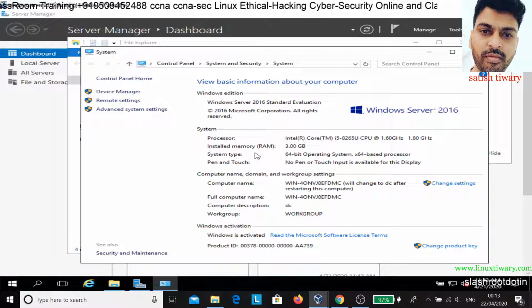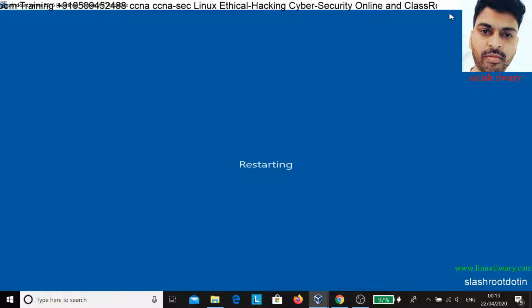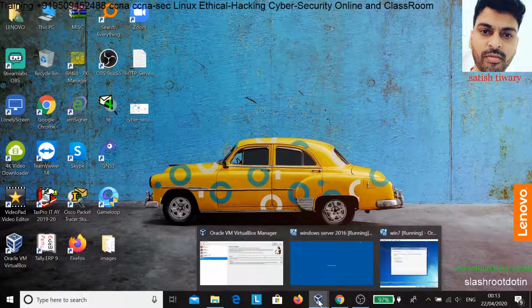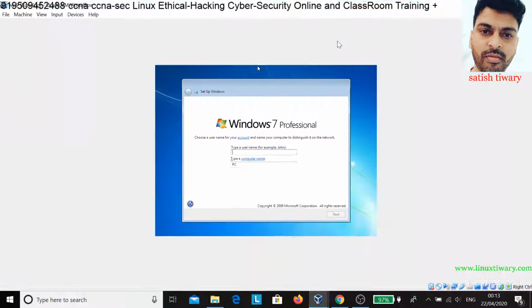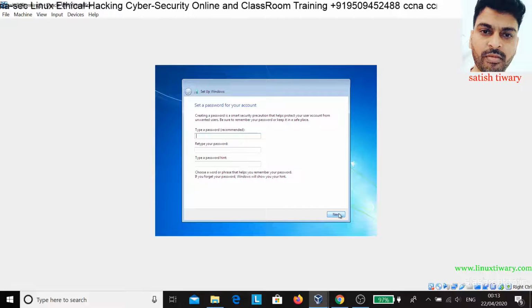Once the system reboots, the change in name which I made will be there. Now go to this Windows client. You can see Windows 7 has been installed. It's asking for a username. Let's make the user name root, and for the password of the root user, type simply redhat.